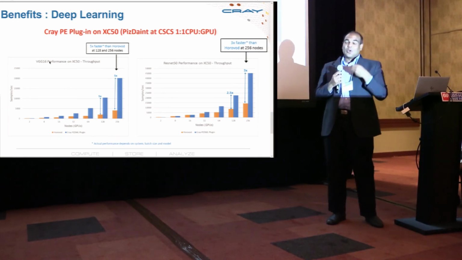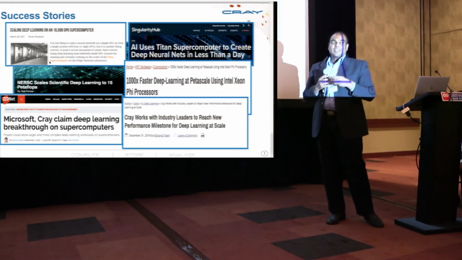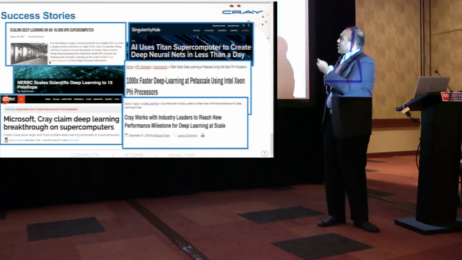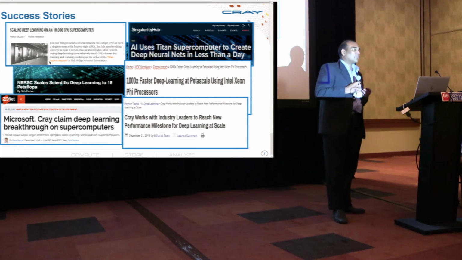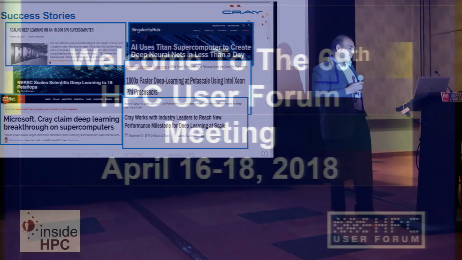And of course, we got in the news for doing several of these works, running deep learning at scale. So we've got the 18,000 GPU machine that we ran on. We've got the 15 petaflop paper. And there's going to be more news coming out recently that we worked with Microsoft on scaling some of the things up. So with that, I have 1 second left. So I timed it perfectly.